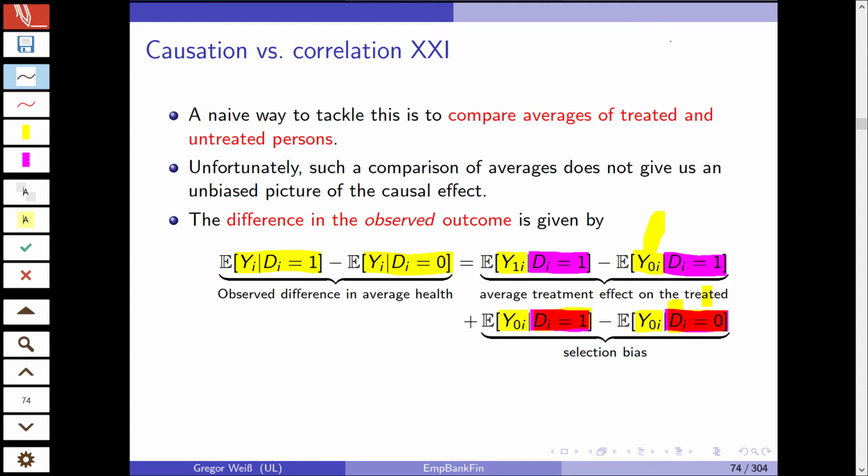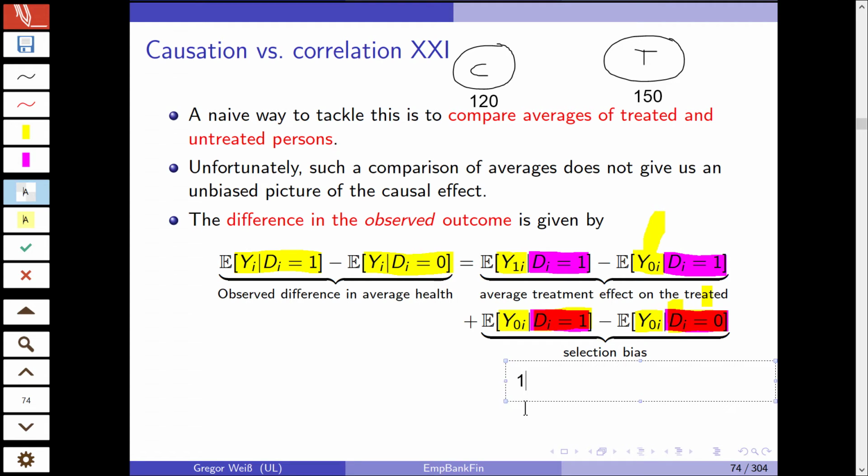Let's assume this is our treatment group and this is our control group. Let's say this is C and this is the treatment group. Now, obviously, we want the control group to mimic the treatment group. But if the average blood pressure in the control group is, let's say, 120, these are the healthy persons. And the treatment group, I have to make this a little bit smaller, sorry, those are the persons who already have high blood pressure with 150. You can easily see that what is the average health before treatment of those in the treatment group,